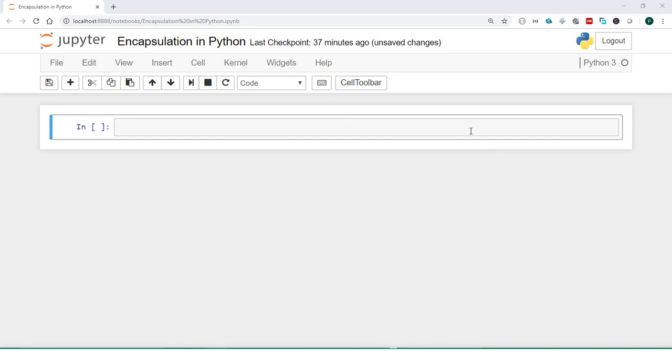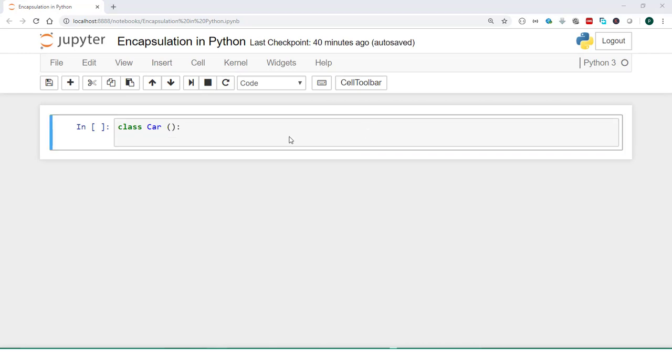We know what public methods and public variables are all about. In our previous lectures, whatever variables and methods we created, they all belong to the category of public variables and public methods. So in this coding lecture, we are going to focus on implementing a private variable and private method. To start with, let's take the example of the car class, within which we will have a certain set